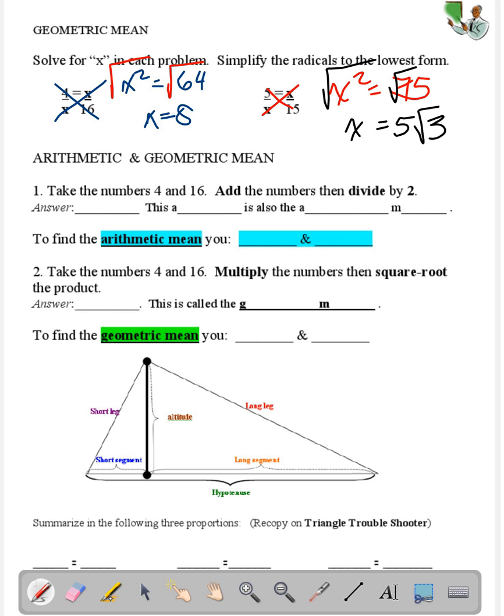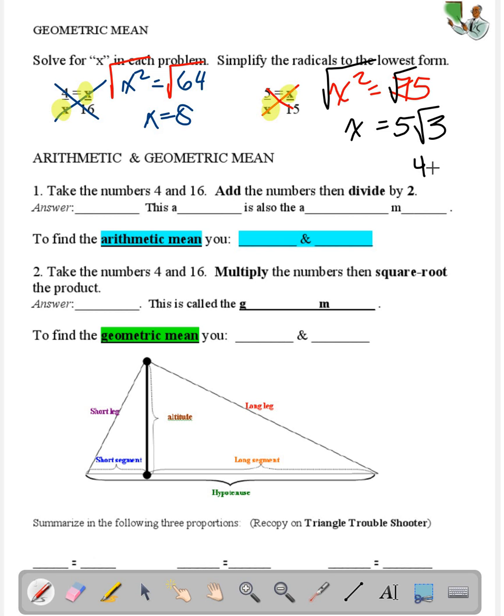What we just did, having the same variable in this position in a proportion, is called the geometric mean. The geometric mean. So right here, if we take the numbers 4 and 16 and we add and divide by